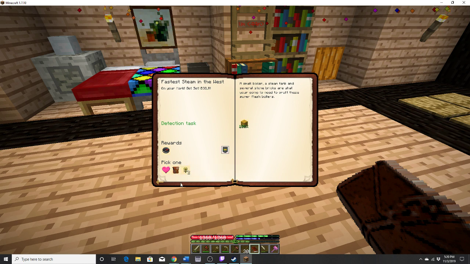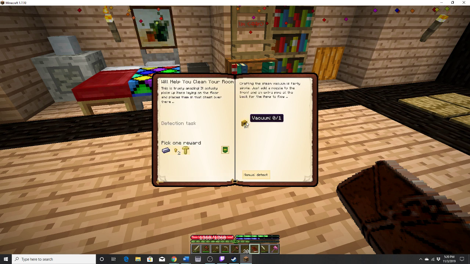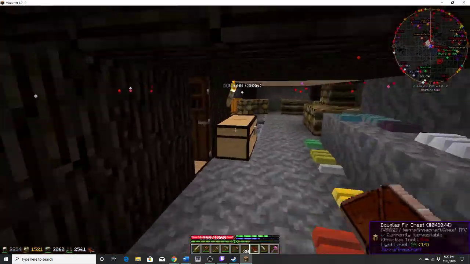I'm going to do the golden pipes. Okay, well. Vacuum. Wow. Interesting. Okay, so this is like an expansive hopper kind of thing. I don't know. I don't want to start a complicated project right now. I just want to finish this one with this freaking